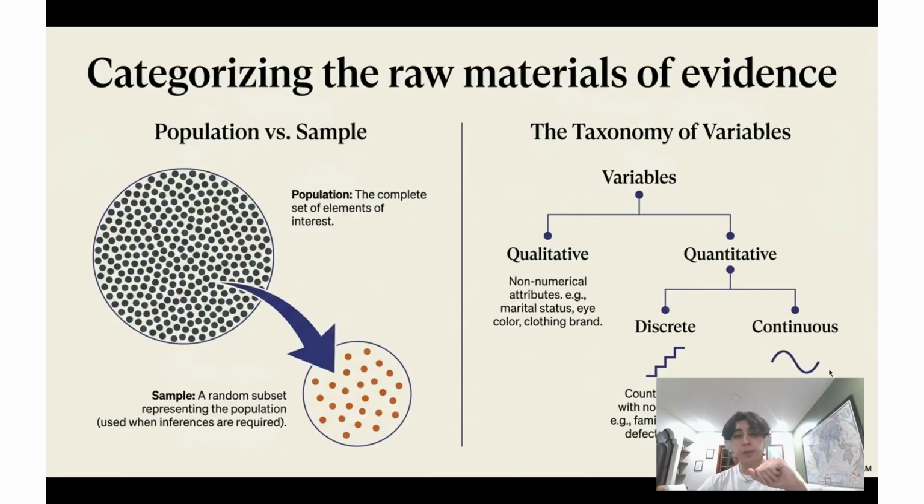And there are two types of variables: the qualitative, the non numerical attributes, and the quantitative, the numerical attributes. And in the quantitative variables there are two types: the discrete, so the counted values with no continuity, for example, family members or defective parts, and continuous variables, measured within an interval, for example, temperature, volume, or